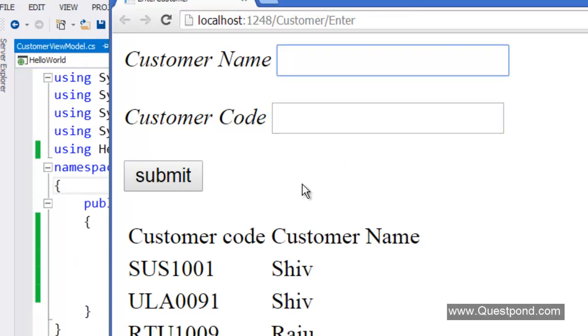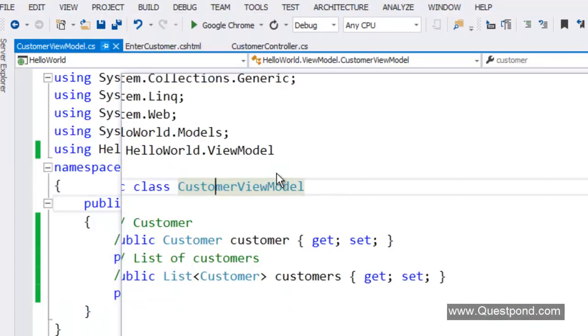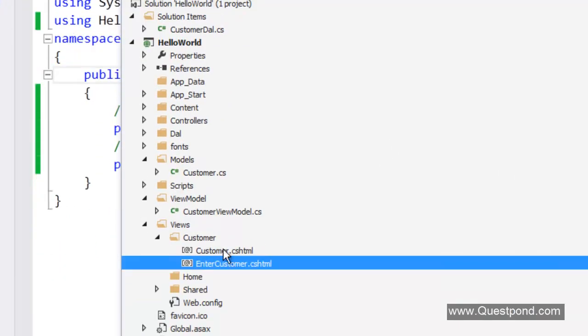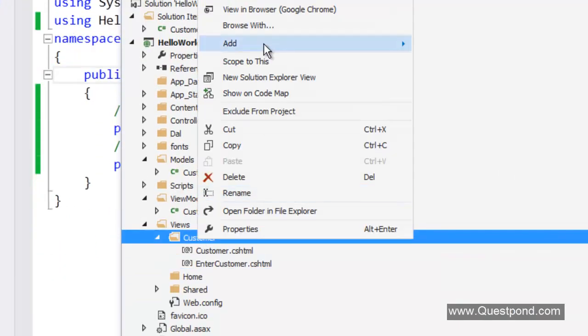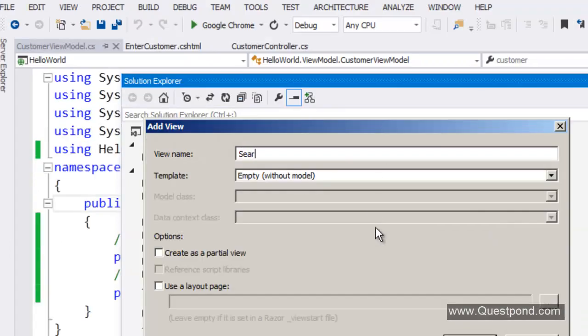So everything is working. Now what I would like to do is also create a simple search screen. So must be somewhere over here. I would like to create a hyperlink, and when the end user clicks on that hyperlink, the end user can search by using the customer name or customer code. For that, the first thing is we need to create an input screen here for the search. So let me go to my solution explorer here. Let me go to my customer folder. Let me add a view here, and let us name this view as search